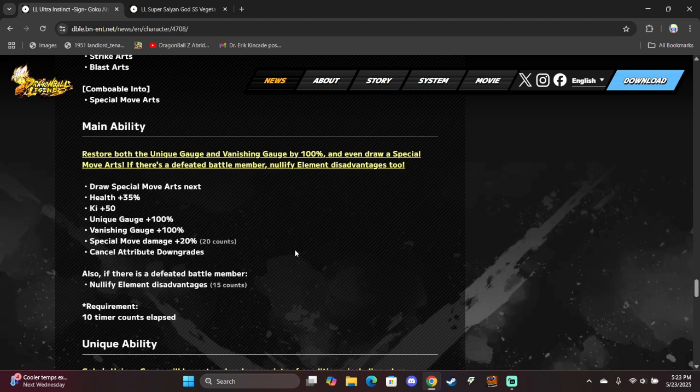Gets a blue card. 35% health. We're getting more health. 50 key. Full unique gauge. 100% vanishing gauge. 20% special move damage for 20 counts. Cancel attribute downgrades. If there is a defeated battle member, just goes type neutral